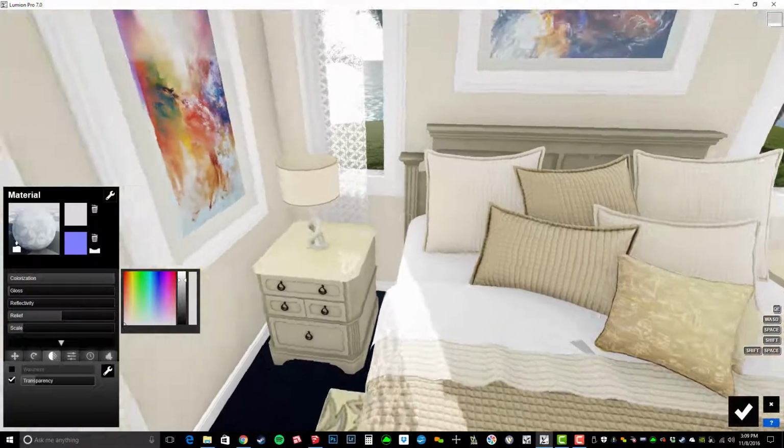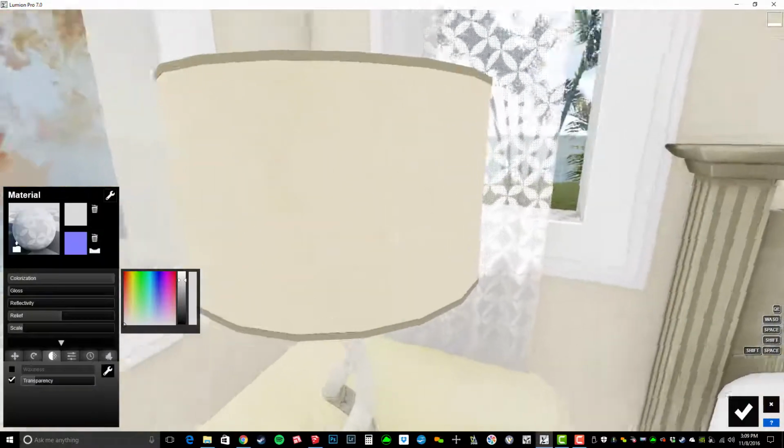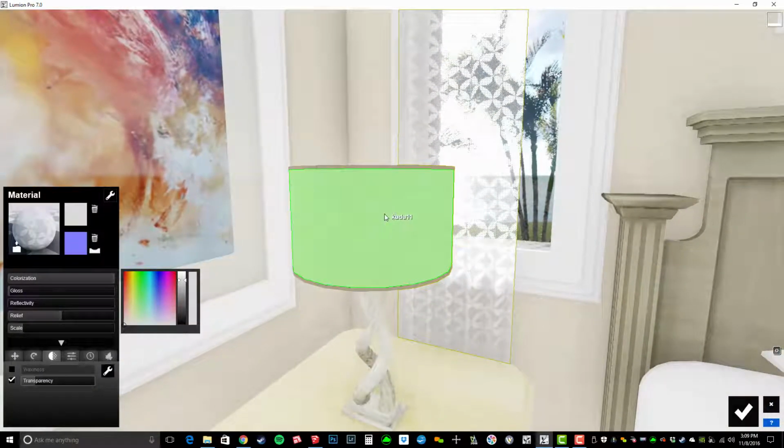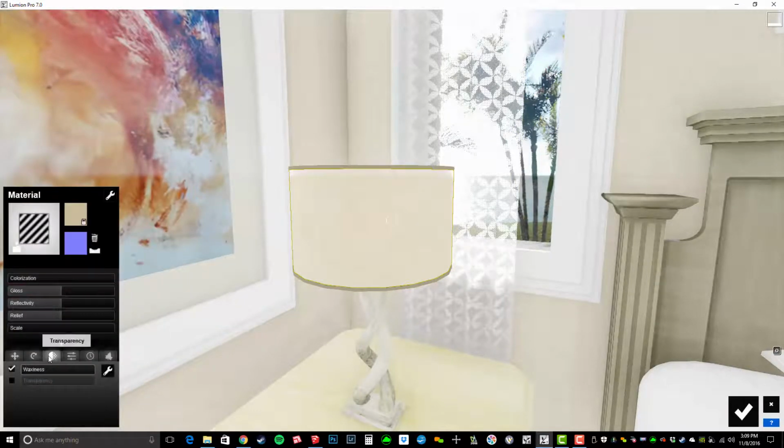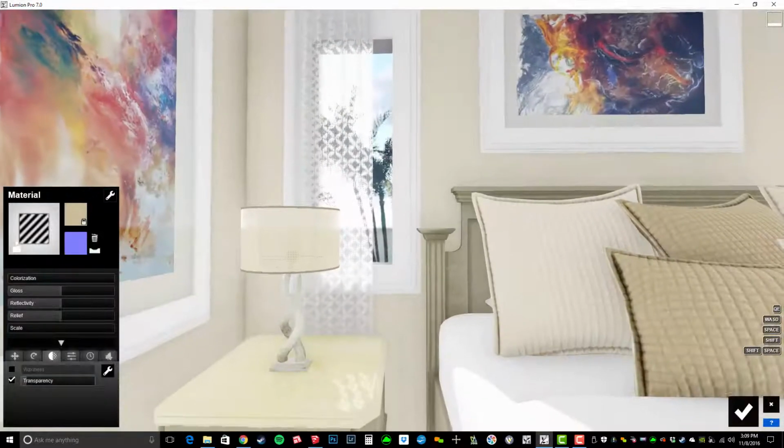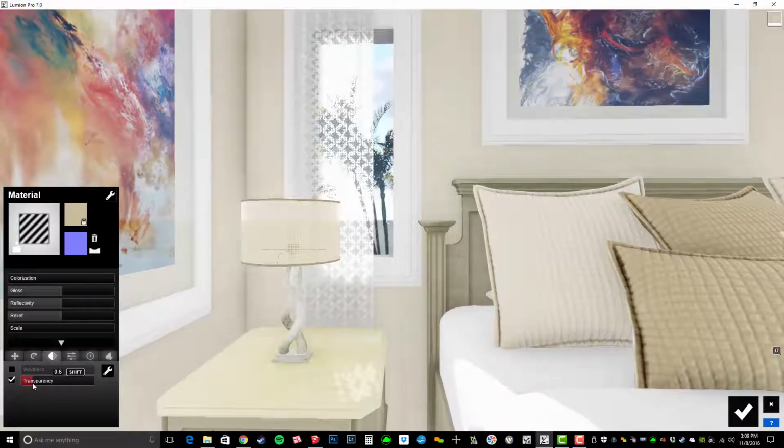Okay, the next thing I'm going to do is add a transparency to a material that I imported. This is one that I used in SketchUp. I'll click on that lampshade, go to Standard Material, and then in our new material editor under Transparency, I can choose to have the transparency dialed up. When I dial that up, you can see that transparency happens. For that lampshade, I don't want a lot of transparency, but I definitely want just a little bit, because then it's going to show like a lampshade would. Remember, if you hold Shift on any of these sliders, you can get it to move in a slower way. So I'm just going to dial it up just until I see that light bulb, and that'll probably be